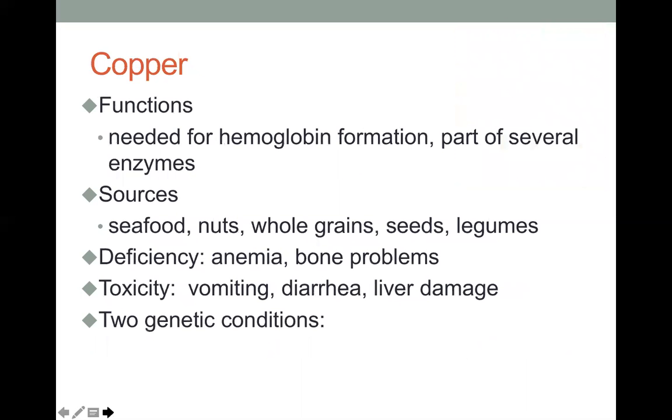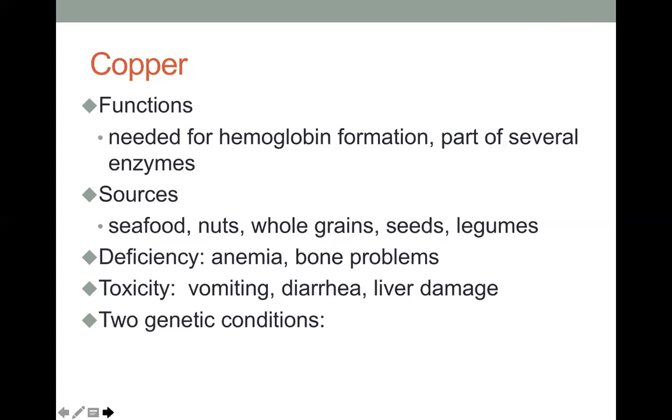Copper. Copper is very important, and it is needed for our hemoglobin formation, so it also plays a role in red blood cells and oxygen carrying. It's part of many enzymes. It functions as a cofactor. It's found in animal foods as well as seeds, legumes, and whole grains. We can have copper deficiency anemias. We can also have bone disease related to copper deficiency. There is toxicity possible, generally from copper supplements versus copper found in foods